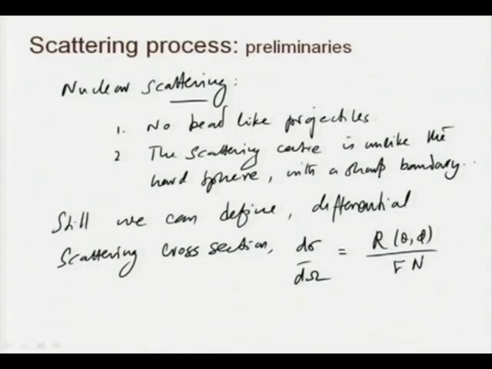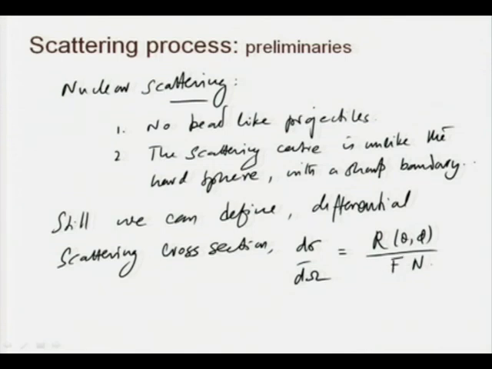So, the number of particles scattered into a particular angle will depend on the number density of the target particles also. So, along with the flux of the beam, we will have to consider the